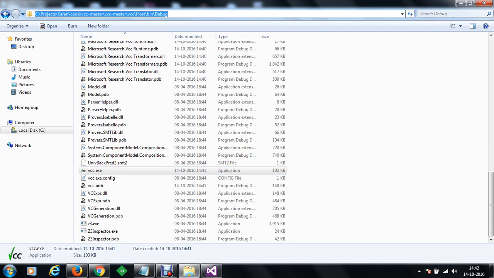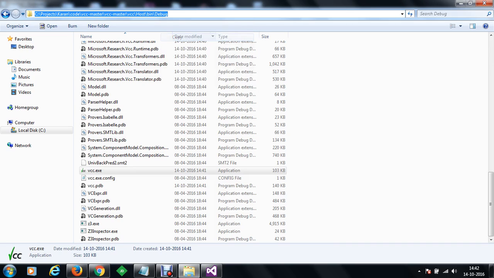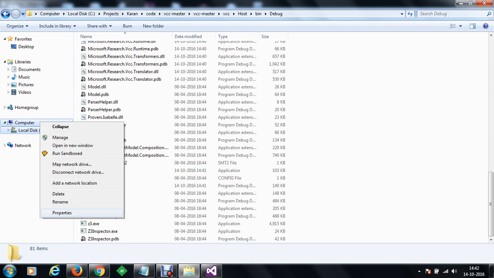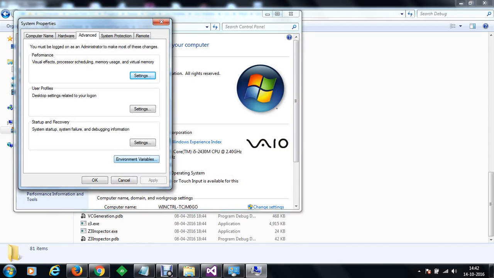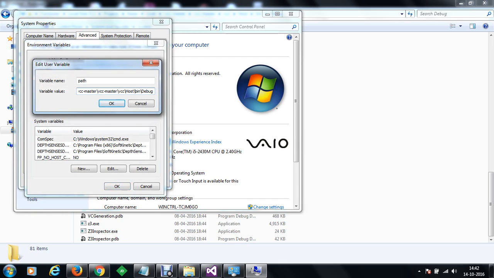So in order to access this command line application, we are going to set the environment variable. We are going to copy the path of the debug directory wherever vcc.exe is available. We'll right click on My Computer, go to Properties, and select Advanced system settings. Within Advanced system settings, we are going to select Environment Variables. Within Environment Variables, we are going to select the Path. We are going to edit the Path, and we are going to